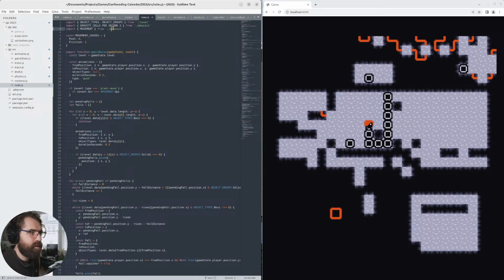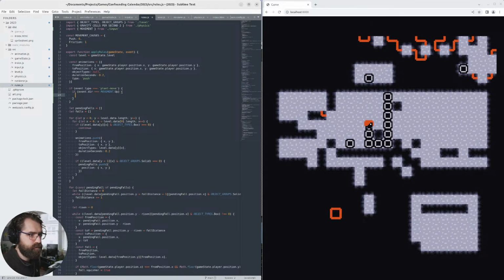Movement from input. I mean, there's going to be more to this, but sure, let's say if movement up, then